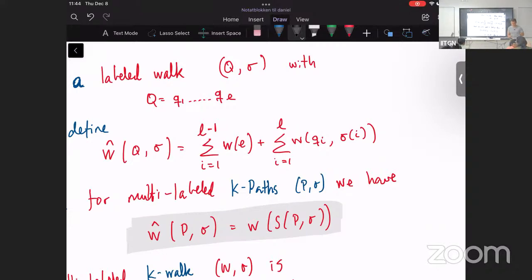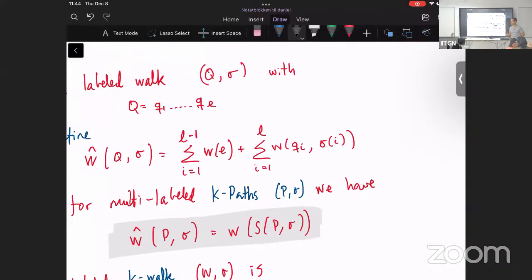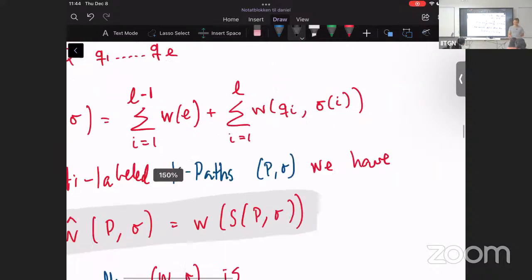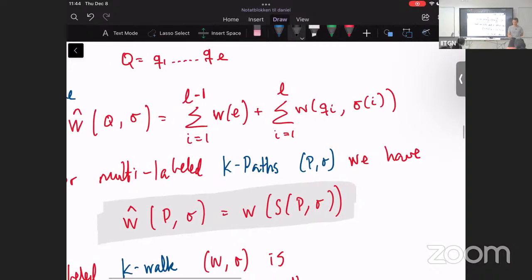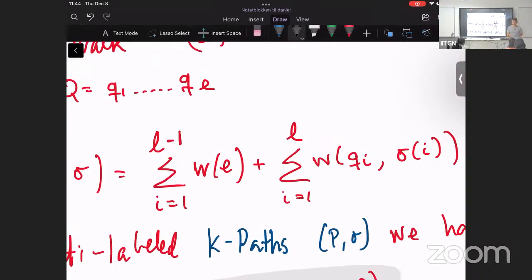I will have to walk back on what I said. The reason I'm being inconsistent is that it ends up not mattering. But it is hard to think of 2 different definitions at once. I'm aware of that. I've experienced this many times as an audience. So let's pick one definition and stick to it. And it's not going to be the one that I said before. Let me stick to the one in the notes. If you use an edge multiple times, then you pay for it multiple times, as I've written here, right?